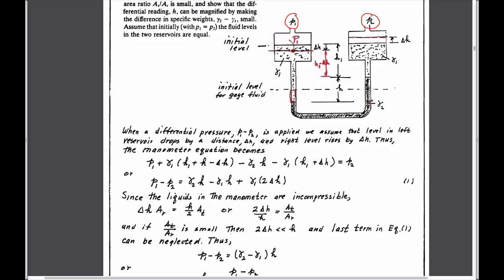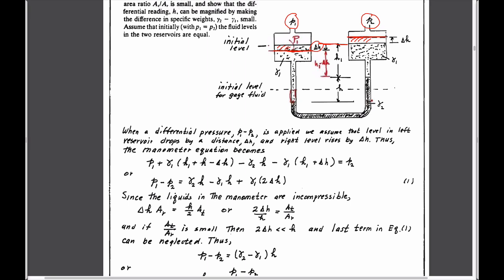So we start off at the same initial height across here, and we change the pressures to some new magnitude. As a result, this level goes down, so this pressure has to be larger than pressure 2. And just by conservation of volume in the system, this volume that rises here has to be the same as this volume, just by continuity. And so this level will go down by an amount delta h,